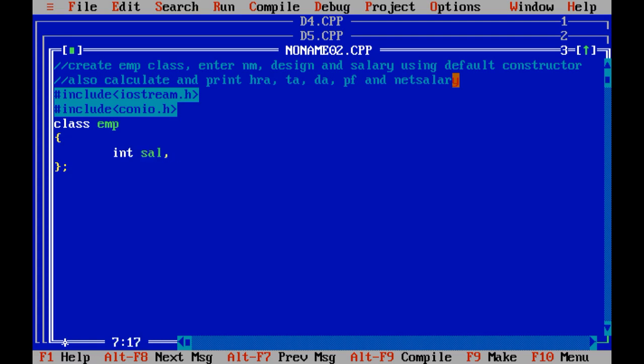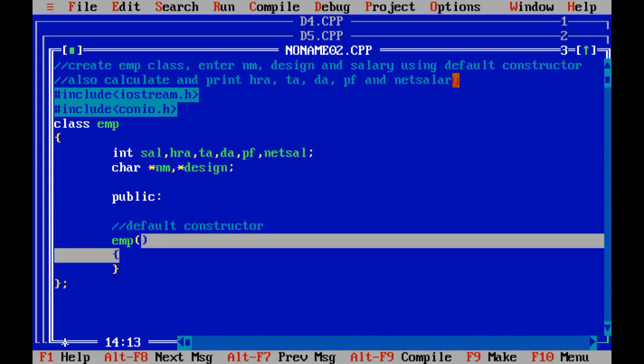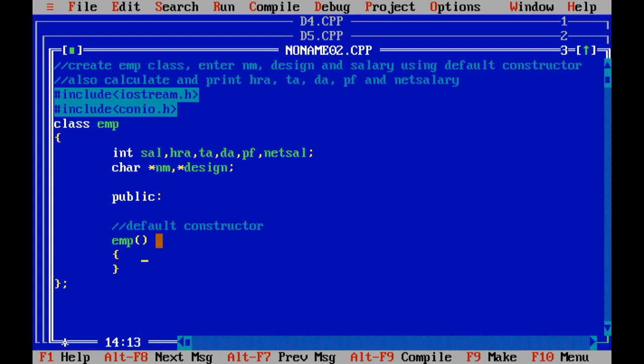Integer salary, HRA, TA, DA, PF, net salary. Character nm, designation. Now we have to make public functions or public constructor. So public, then default constructor, then employee. Don't forget to put brackets over here, it is in the syntax.